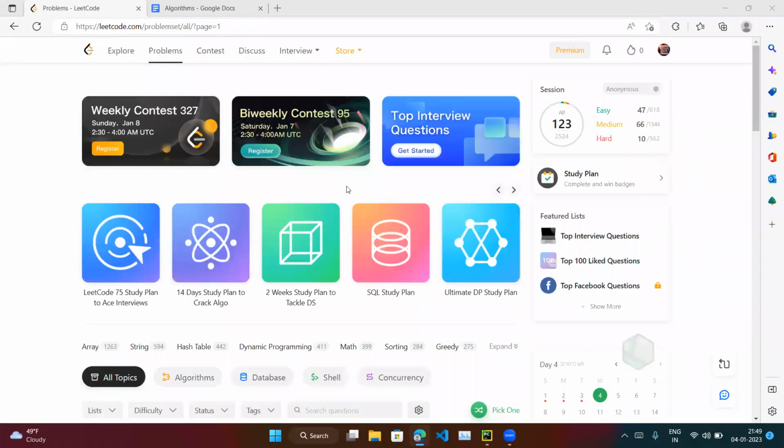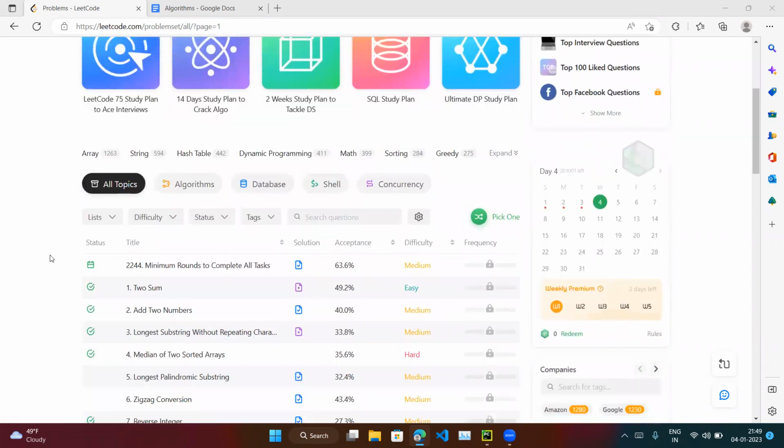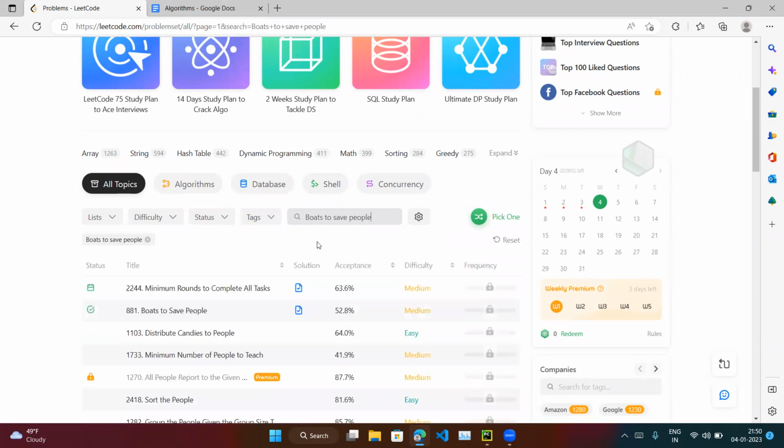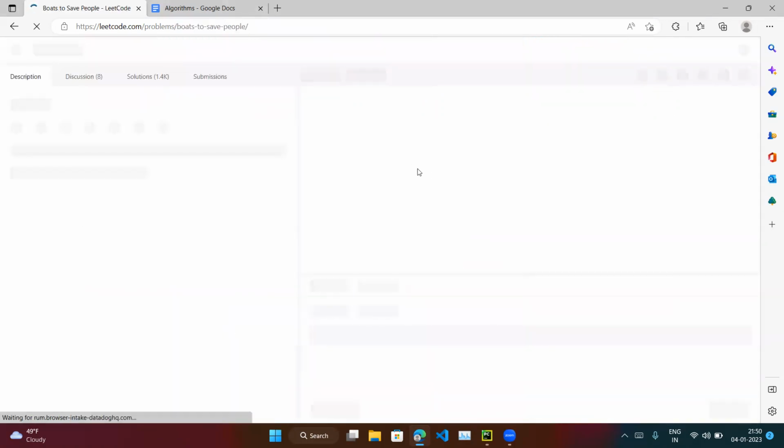Okay, so this is the next video, and in this video we will cover one more coding problem which exists on the leetcode.com website. If you go to the problem section and in the search section, just search "boats to save people". There is a problem number 881, which comes under the medium difficulty level, but it is like easy only. So boats to save people, if you click on it,